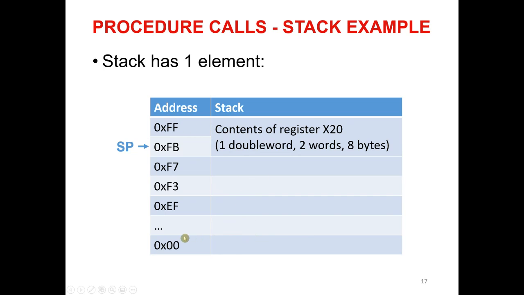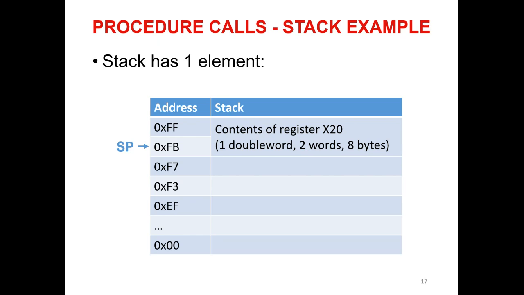In this representation, the address is like the index for accessing every row, every register in the memory. So by default we have all addresses, but we have a table like this, an address and the content at this address. This is what we have in the stack: addresses, and each address points to some content.